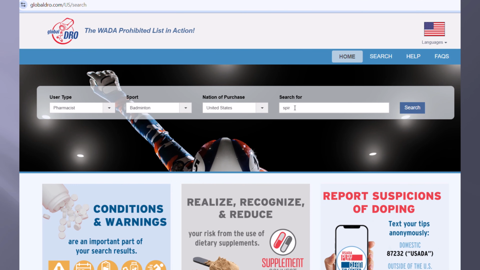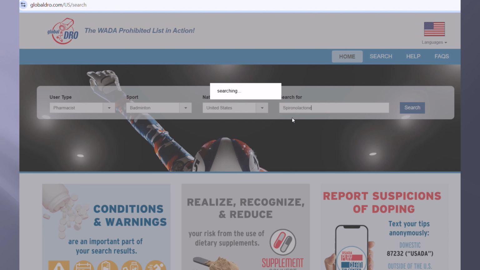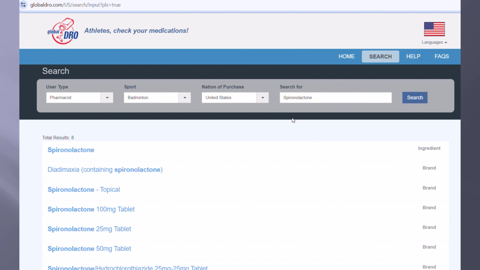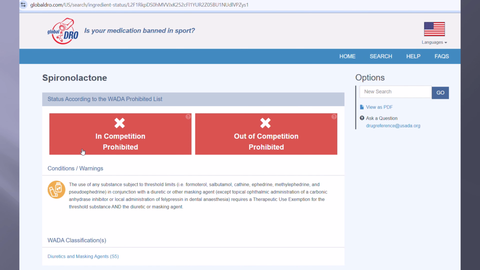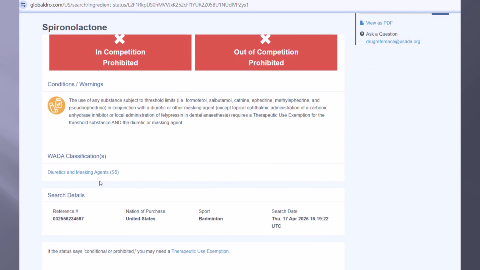Another good example of a substance that is prohibited at all times would be the diuretic spironolactone. So we might see this used in our otherwise young and healthy female athletes, and we want to be aware that this substance is prohibited at all times, and so a therapeutic use exemption would need to be applied for and approved prior to the athlete competing in any events where they might be tested. And obviously our registered testing pool athletes would need to have approval prior to starting this medication because it's typically not urgently started, not emergent use that we need to use this product for.